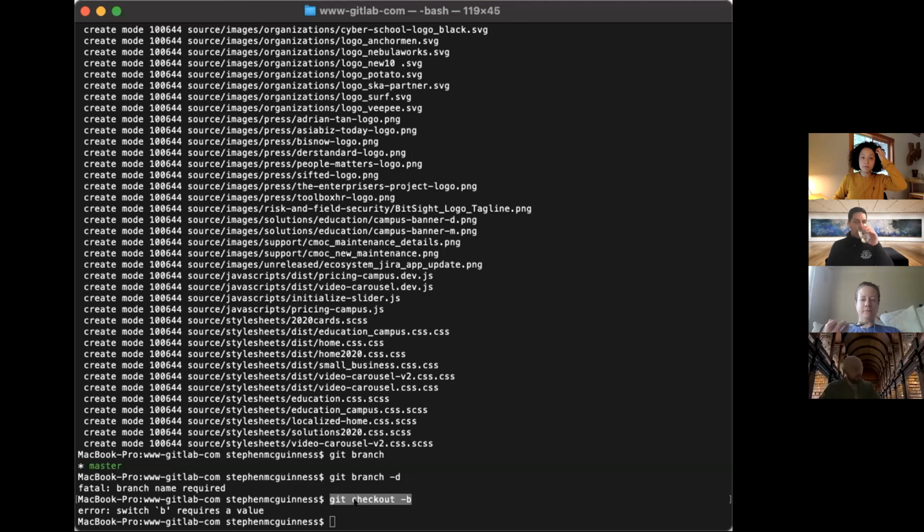Jesse, feeling like you got it? Steven, did you make a branch? Git checkout dash B space SM dash add dash myself dash to dash org dash chart, or whatever you want to call it. I got as far as the B, and then it said requires a value. Can you share your screen? Yeah, the value is the name of the branch. So don't press enter. Okay. So if I do this,